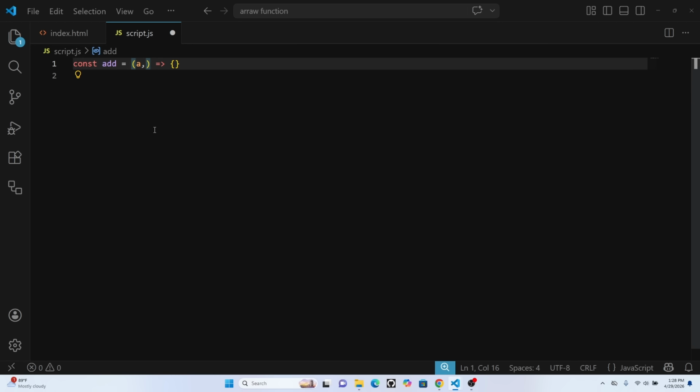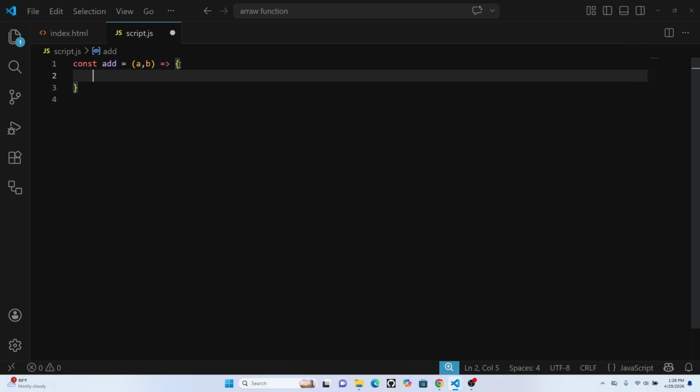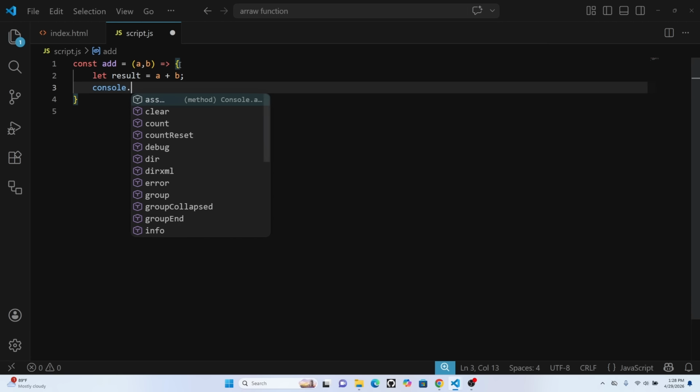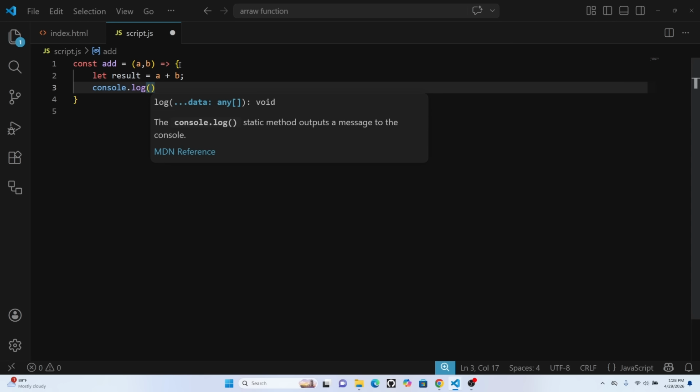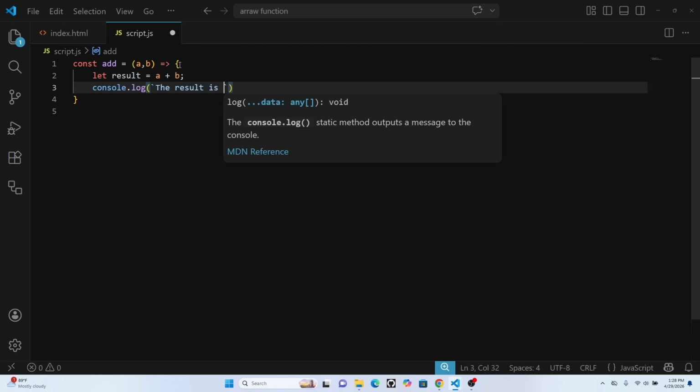parameters. Inside this parenthesis, you add your parameters. So let's give it the same a and b. In this same place, we can also assign the addition, and you could say console log, just like we did over there. You could say console log using your tick as well. You could say the result is, you pass the dollar symbol, then you come back into your curly bracket and you give it this result,